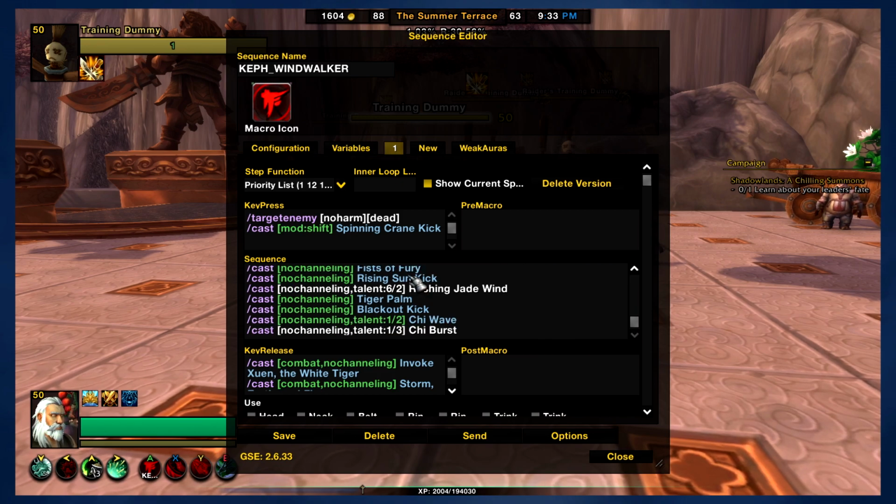Next up, Tiger Palm, and then Blackout Kick. Originally, I was trying a lot of different things. I put Blackout Kick above Tiger Palm, and then I was spamming Blackout Kick for some reason. It just didn't work very well. Now I've got Tiger Palm in front of Blackout Kick. Sometimes it will use like two Tiger Palms. The good thing is,